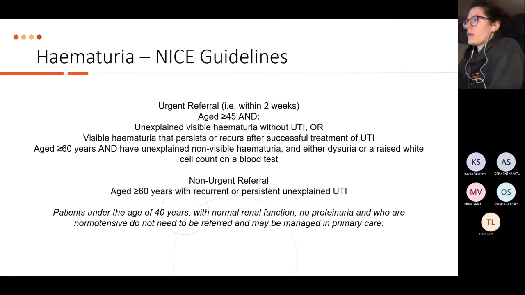So that's what I would say. Successful treatment, as in you have given an antibiotic that should work, or even in the first urine dip you've got, say, positive nitrites, leukocytes and blood, and then in the subsequent one your leukocytes and nitrites have settled, but the blood is persistent. They would be reasons. It's not about treating over and over again. As soon as you get to a week or so and you've still got blood, especially if it's visible, then jump.